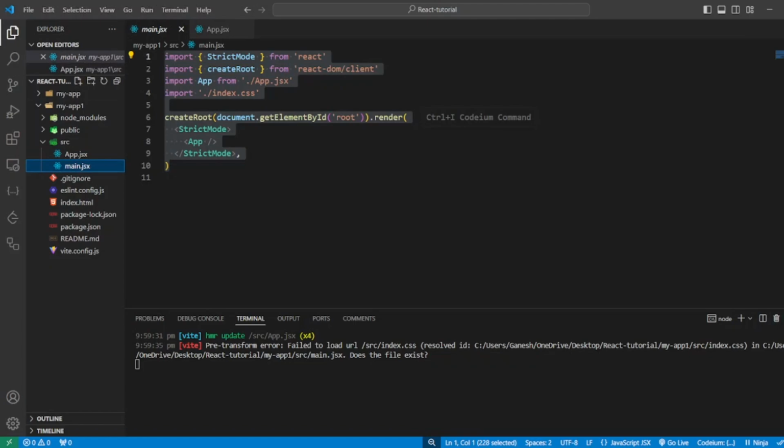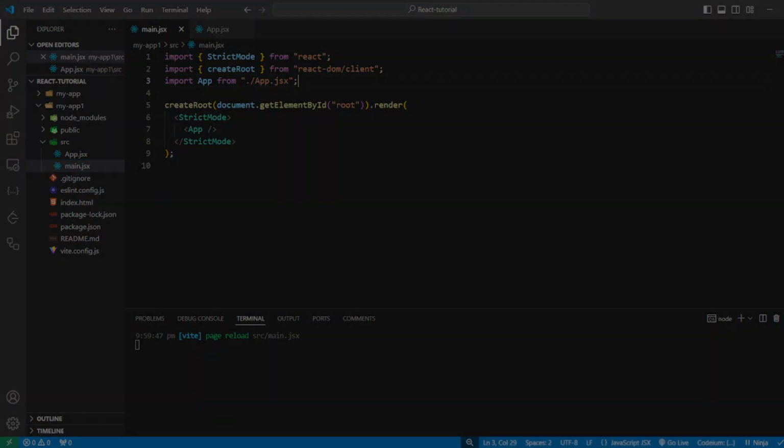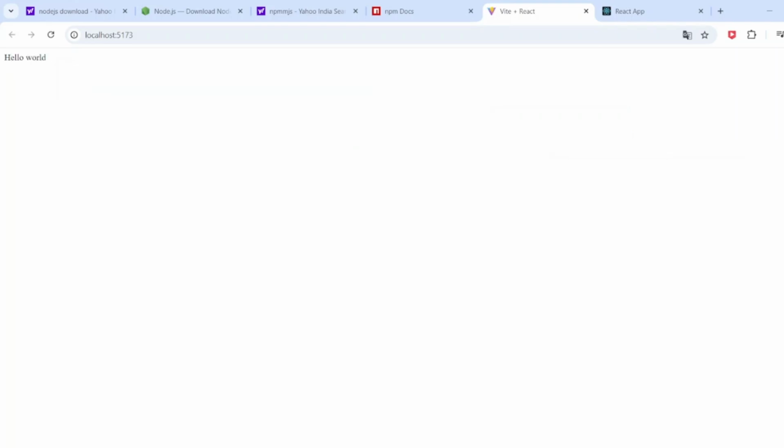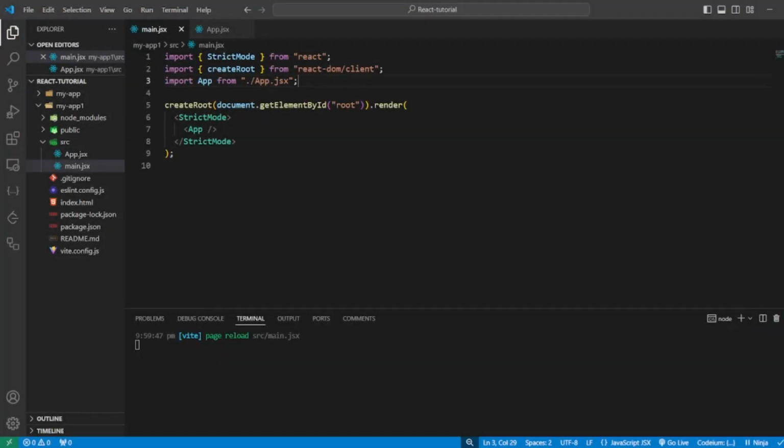Okay, just a second. Let me remove this also. Now save this. Here you can see that the same hello world text is being rendered from the app.jsx component. So if we understand about this, here